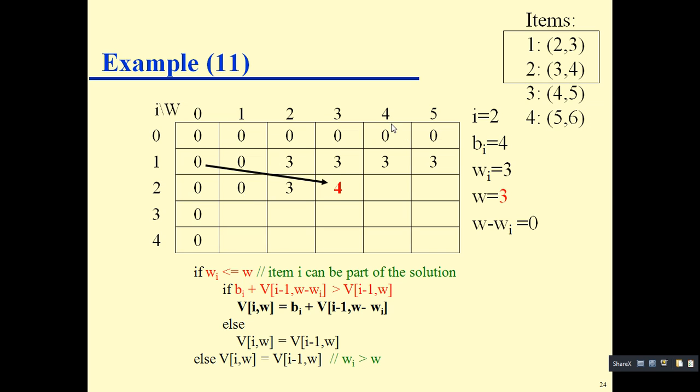Weight is 4. Weight 4 means items 1 and 2 can each be placed alone, but they cannot be placed together, because the sum total of their weight is 5, but here the weight is 4. So the item with the greatest value will be picked up. So item 2, so it will be 4 again, right? So now here you see, item 1 or 2 or any combination with weight 5. I can select both, because 2 plus 3 is 5. So both can be selected and the value is 7, right?